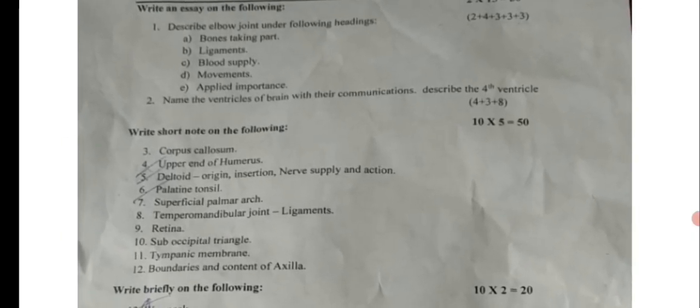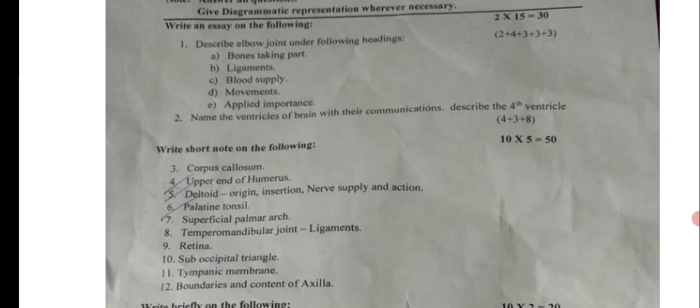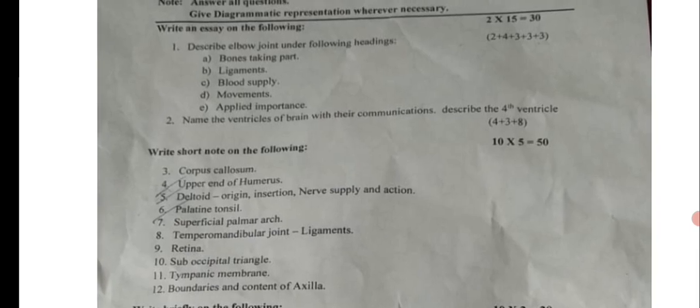Let's move on to the question paper. So this is the first BHMS September 2021 anatomy question paper. Here the essay questions are given. One is the elbow joint under the following headings: bone, articulating parts, ligaments, blood supply, movements, applied aspect. And the second question is on the ventricles of the brain with their communications, and describe in detail about the